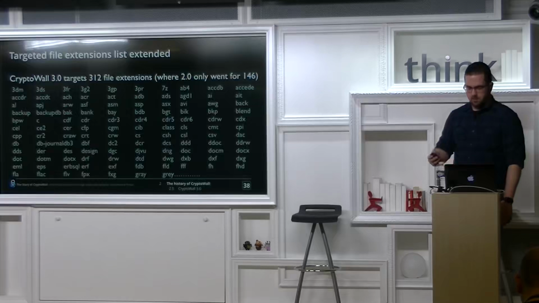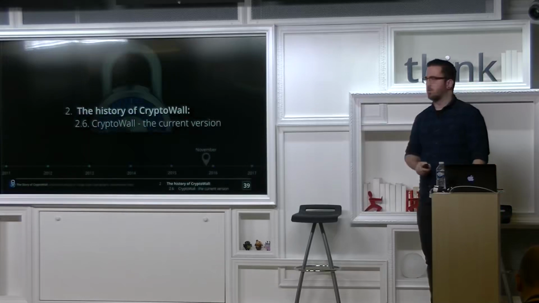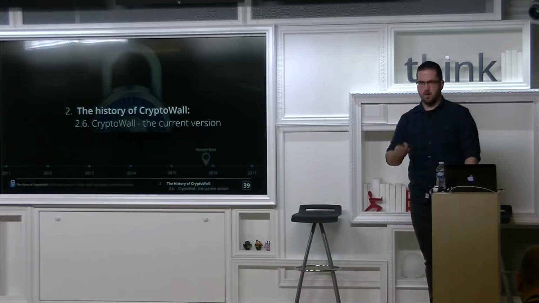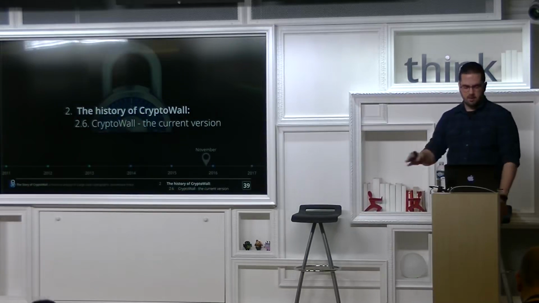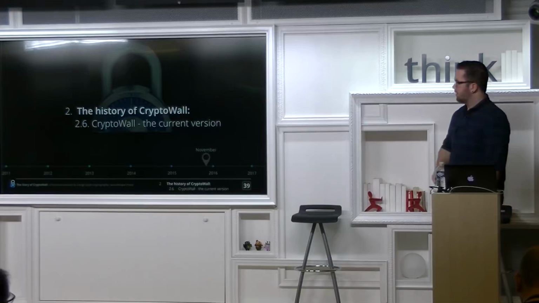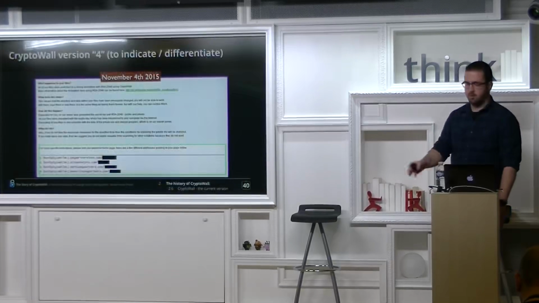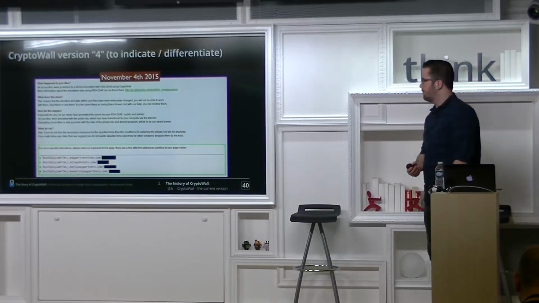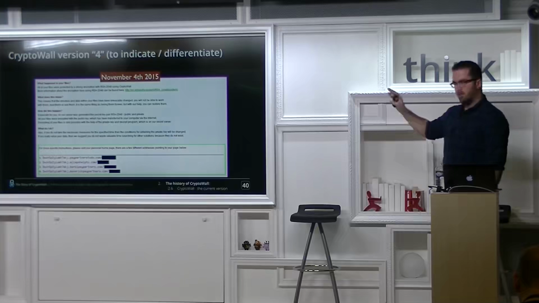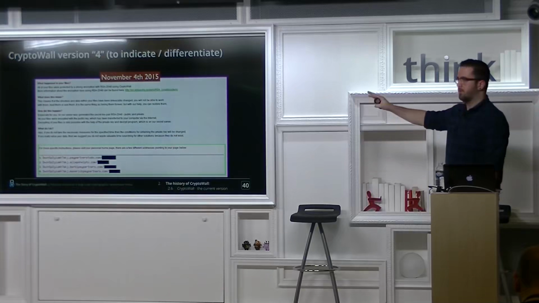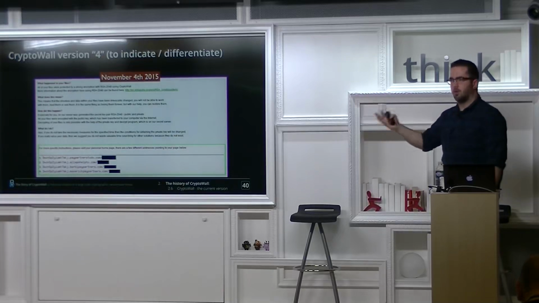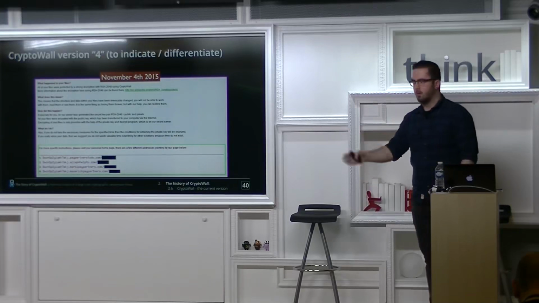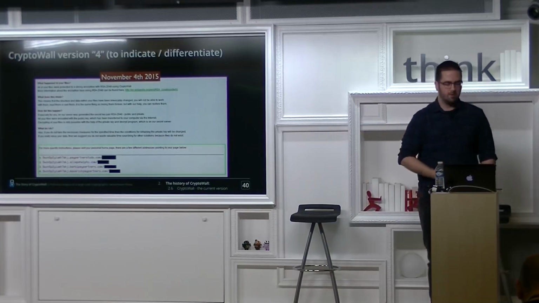So moving on, the current version, which they're now using. I've updated these slides, I think, 4 days ago before I came here, so they're as recent as I could get them. This is November, so last month, 4th of November. They did some cosmetic changes on this part. The version number is gone, so there's no 2.0, no 3.0. People are calling this the 4.0 just for consecutive numbering, and I think it's good to identify this new version.